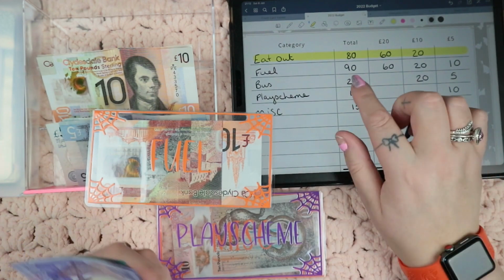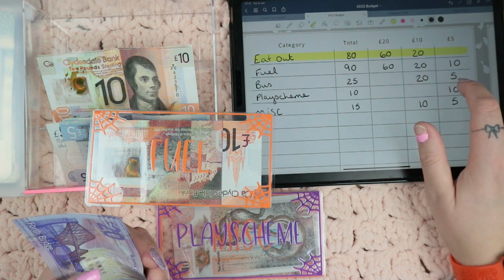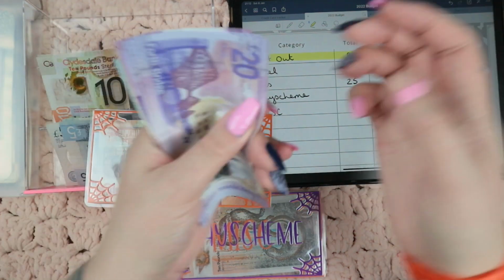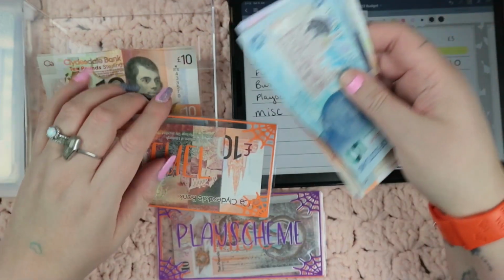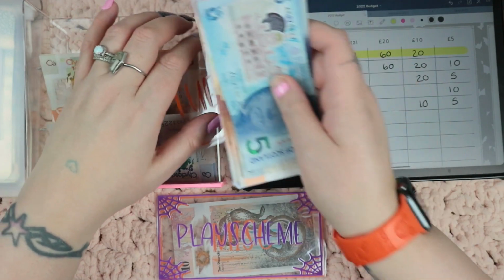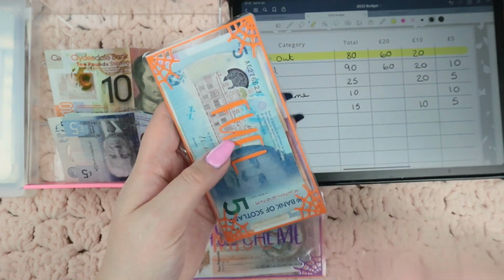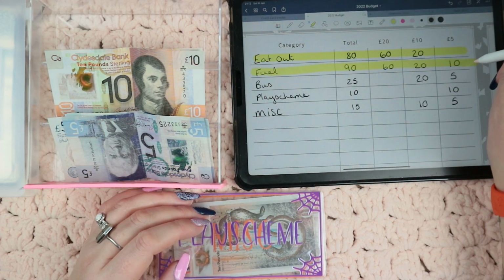just in case. So I have divided the £90 up slightly weirdly. I've done it 60 in 20s, 20 in 10s, and 10 in 5s, so that I have got £45 twice. You see? So 20, 40, 60, 70, 80, 85, 90, which means I can go in and be like, oh, here's £45 to pay for this week's fuel, and then in 2 weeks time do the same again. And it also means I'm less likely to have coins in my change because I'm saving all the coins. So this way I'm more likely to have a note so it can roll over. So that's the other reason. So that is fuel